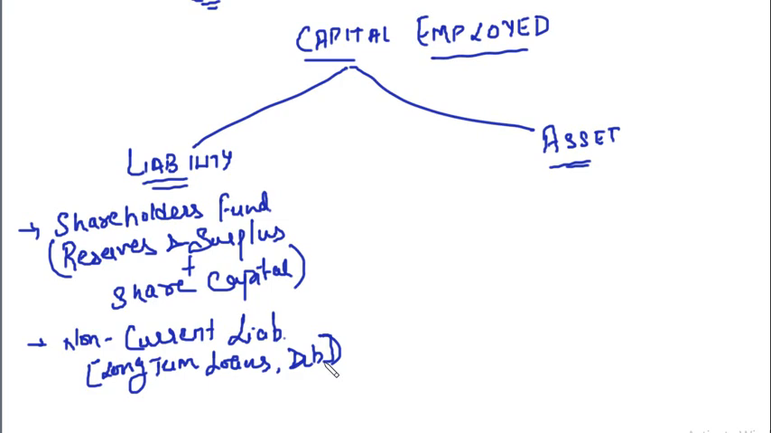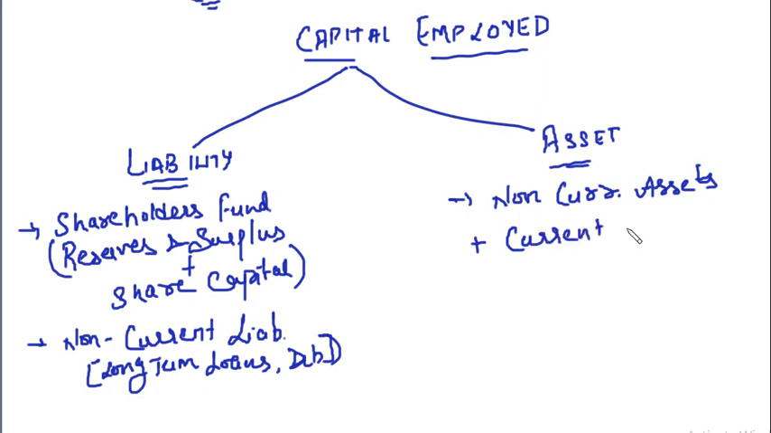So under the liability approach, we have shareholders' funds that consist of reserves and surplus plus share capital. Then we have the non-current liabilities. Now what about the asset approach? Under the asset approach, we'll have non-current assets plus current assets, right, minus current liabilities. This consists of working capital, that is the